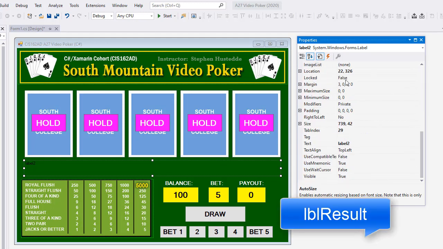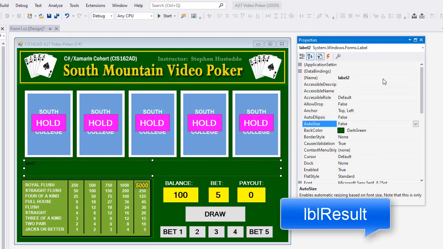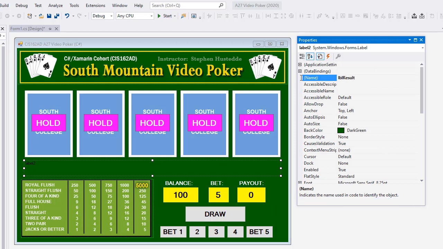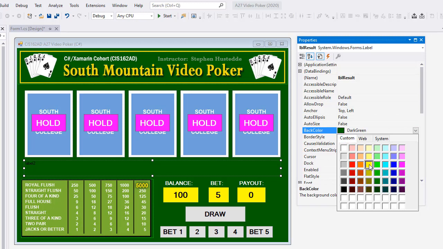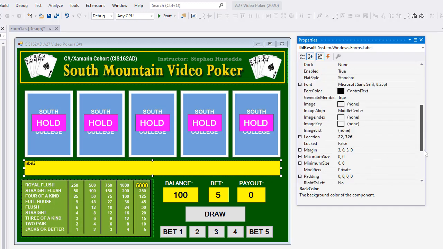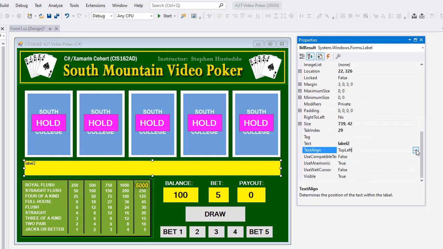We're going to name this LBL result. I want the back color to be yellow. I'm going to align the text in the center and set the text to